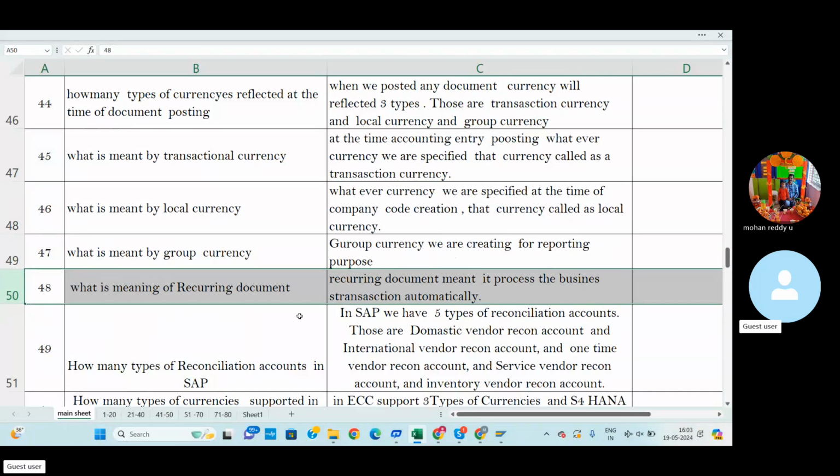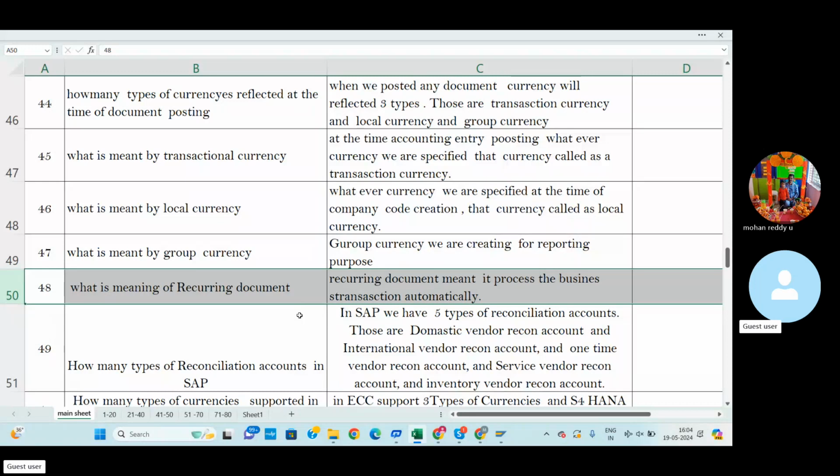What is the meaning of recurring document? We already explained and uploaded the complete information regarding the recurring document topic. A recurring document processes business transactions automatically. It is about collecting money from our customers. For example, take a bank like Axis Bank.